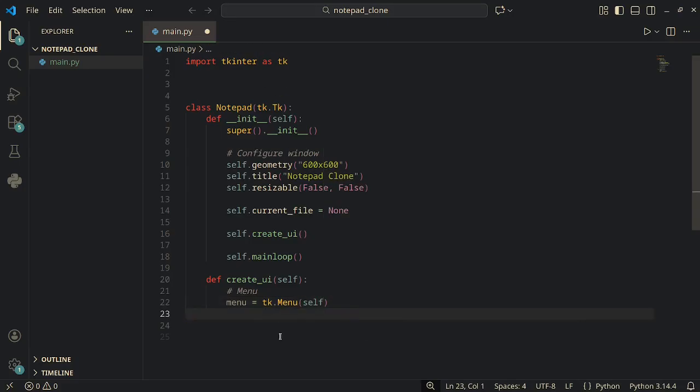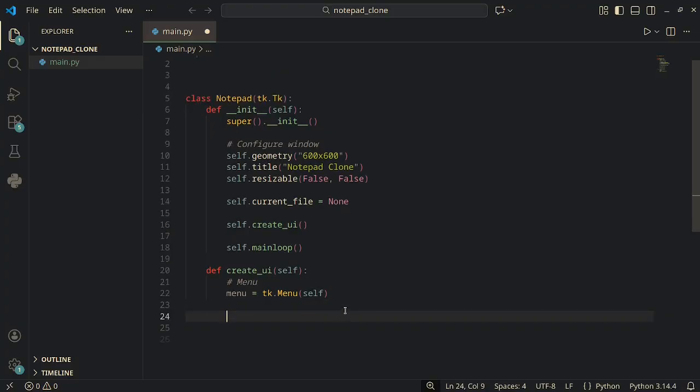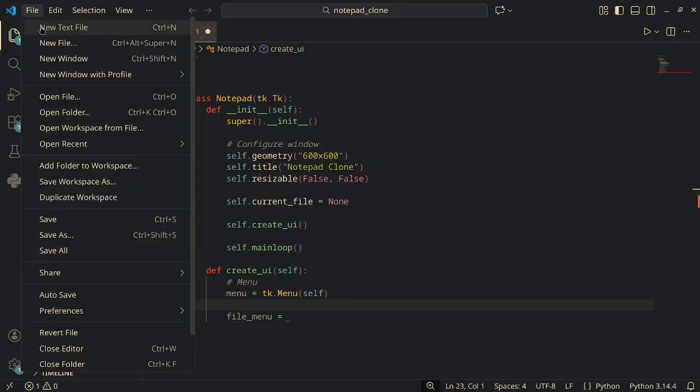The menu is an object and a UI element similar to these. We'll get it at the top of our window, and we'll be able to do various operations by pressing that, like saving a file, opening a new file, what else, creating a file, etc. So that is quite essential UI elements. Then I'm going to create a sub menu inside of my menu. For example, this whole element is going to be our main menu, and file menu is going to be this specific thing,